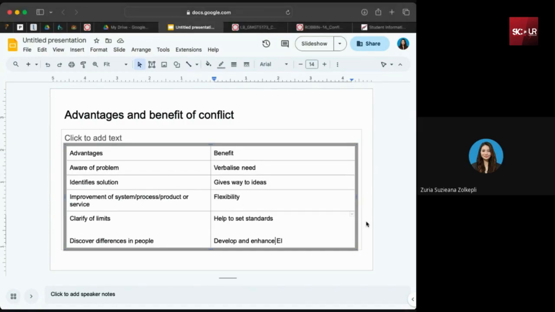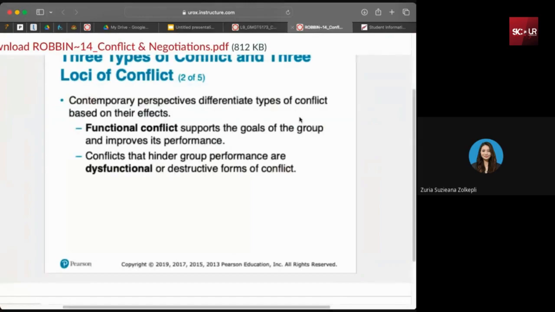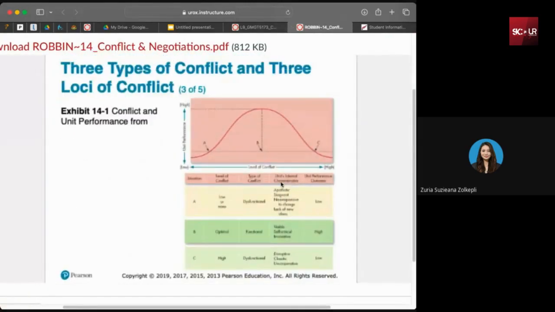Okay, exactly. Right. So these are some of the advantages or benefits of conflict that we can just, what people call it, and to open our eyes that some conflict can become an advantage. Some, not all. Alright. Okay. So